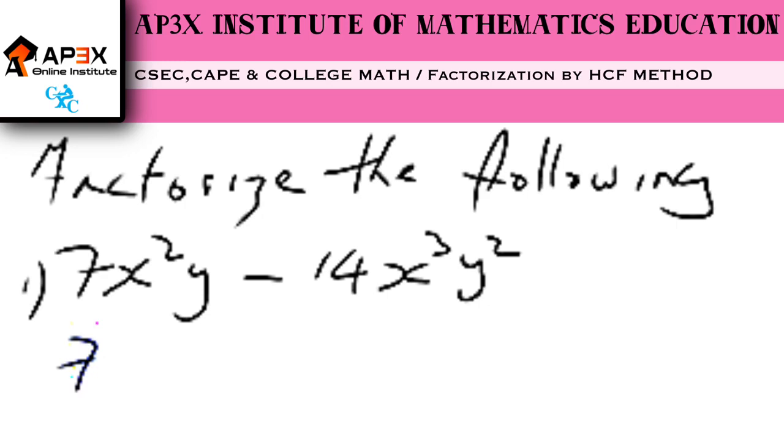So we have an x squared and we have an x cubed, and like we said before, when you're factorizing an algebraic expression, it has to be the expression with the lowest power. It can't just be a random x. It has to be either this x here or this x here,